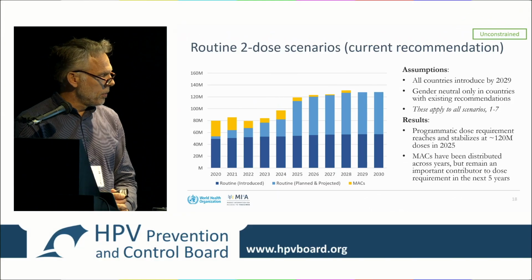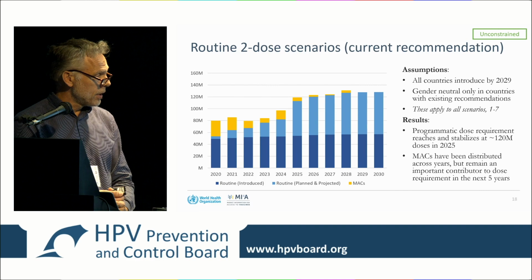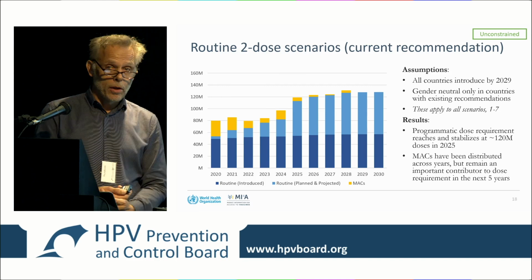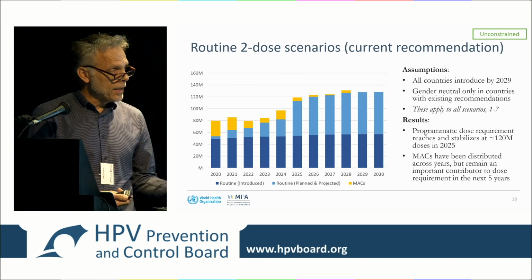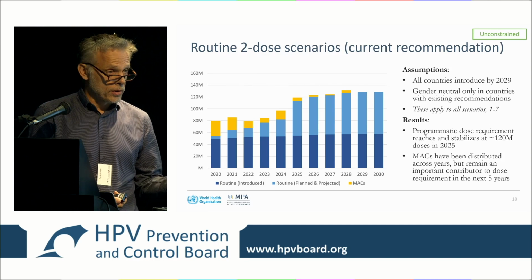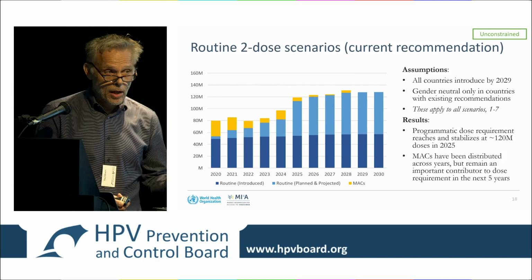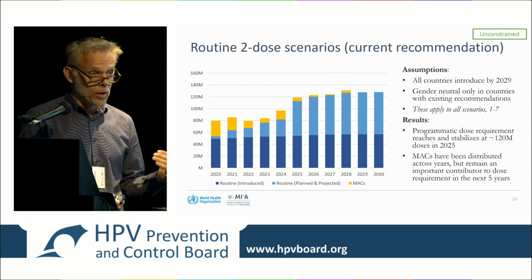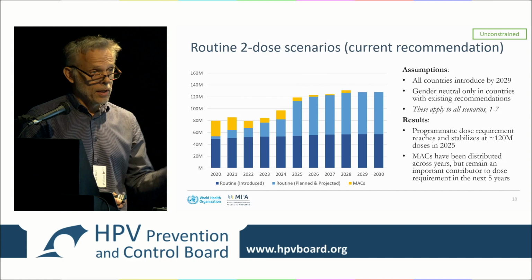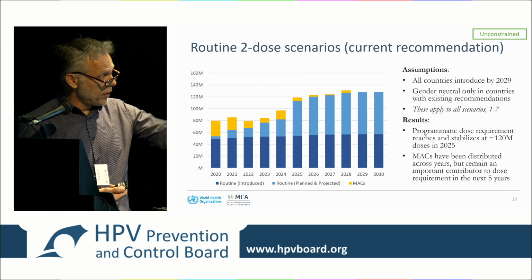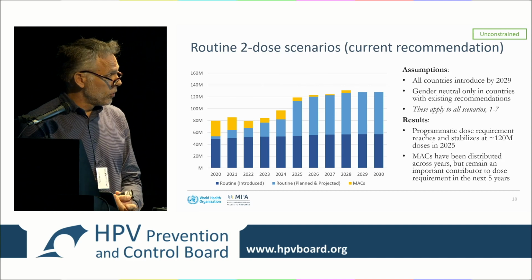So, you can see we think that many countries will introduce in the coming 5 years, and then we have some bigger countries that we expect to come on board with some big jumps, and that by the end of 2030, all countries have introduced. Now, this is based on assumptions also, of course, a lot of assumptions. But one of the assumptions is the elimination strategy, which asks every country to introduce, if possible, in 2020, but the latest in 2030. So we've spread them out this way.